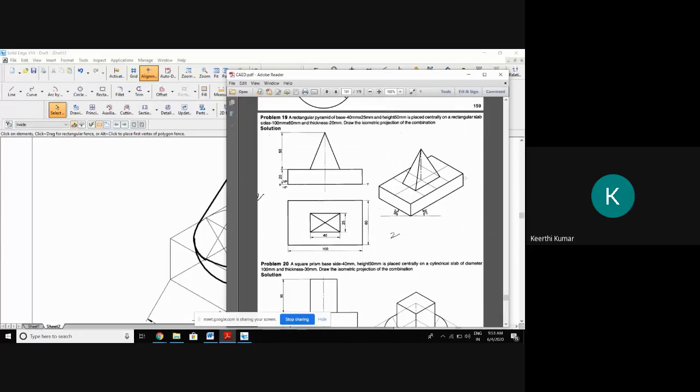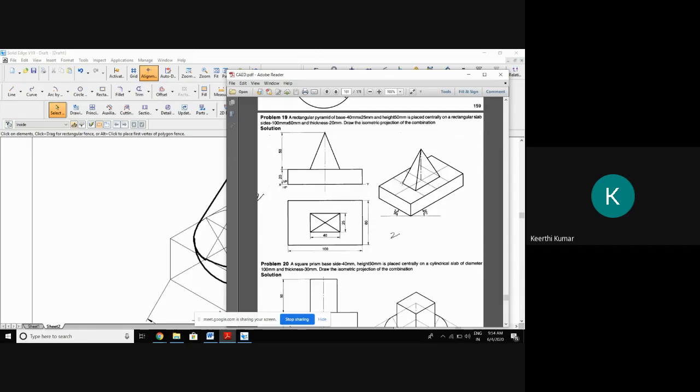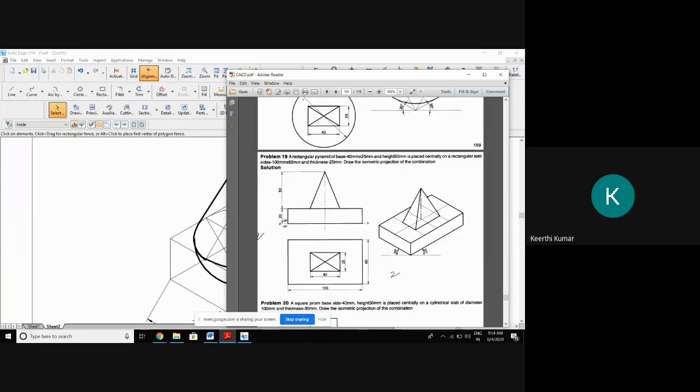This one I did, no? Problem number 19? No, sir. Okay, I think probably you can do this. Can you take this as homework? Yesterday I gave one work, no? What is the work I gave? Instead of a pyramid, I asked you to try a prism. Yesterday we did that; somebody has submitted it. Prism means vertically 4 lines you have connected and then connected the top surface. Now it is a pyramid. From the center you raise the height, connect to the base. That's all. Problem number 19, you can do.